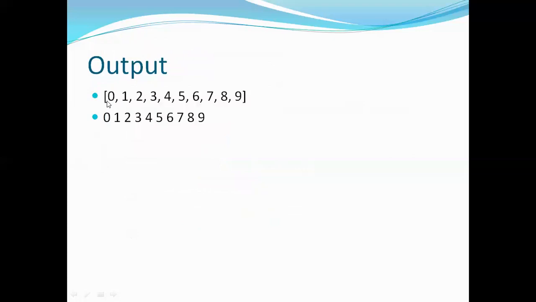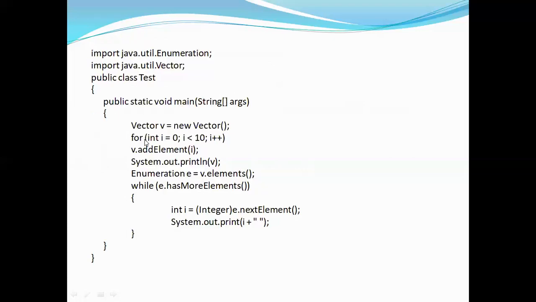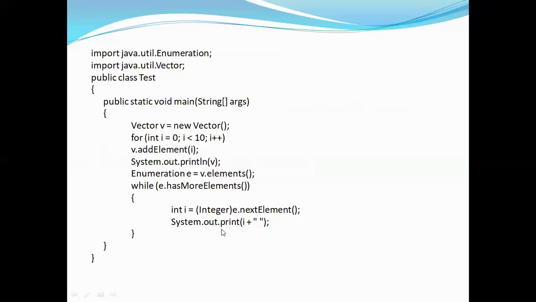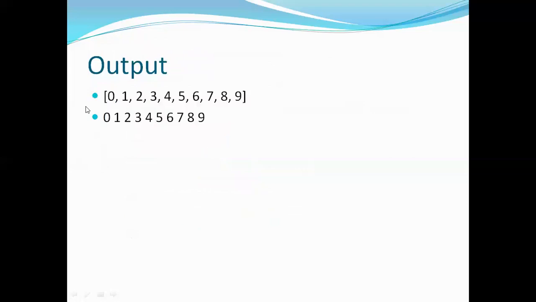See here, just observe. Using this println from 0 to 9, I have printed like a collection because it is a vector, that's why it is in a set form here. And the next thing, using the enumerator, I have printed all those elements only. It's not a set, so it is printing 0 to 9. So this is how you'll use enumerator. We have to remember its drawback. So that is the first iterator, the enumerator.